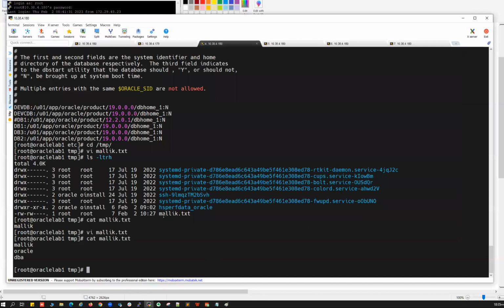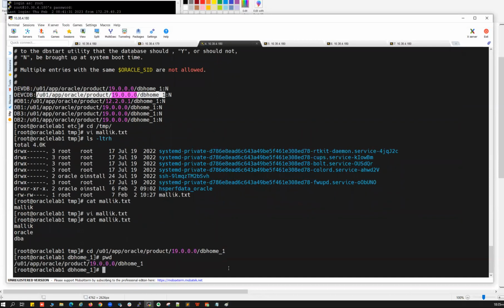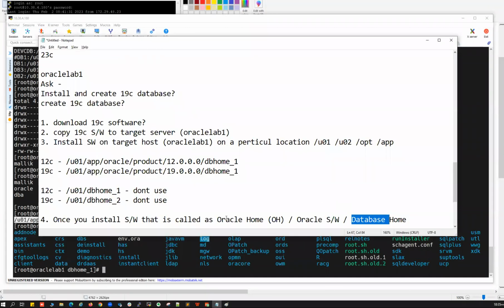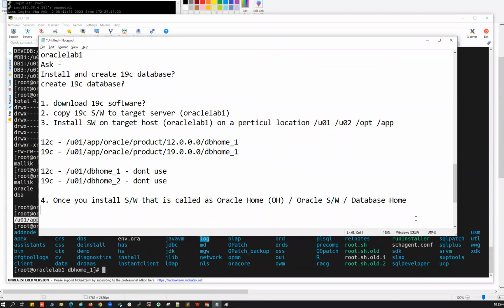So in my case here, the software location is U01 app Oracle product 19C DB1. So do ls. These are the 19C software. You have to download and install it. And once you install it, that will become your Oracle home or Oracle software or the database software. All remain the same here. So you install the software. And the fifth point is create